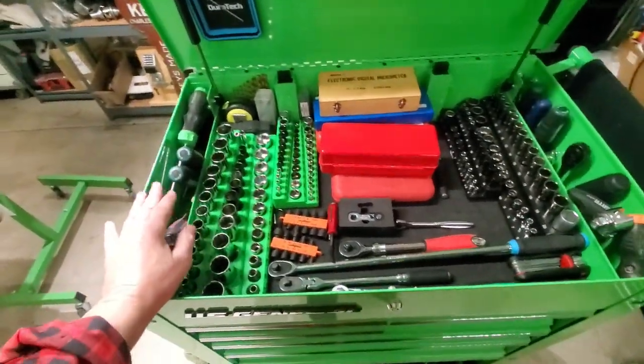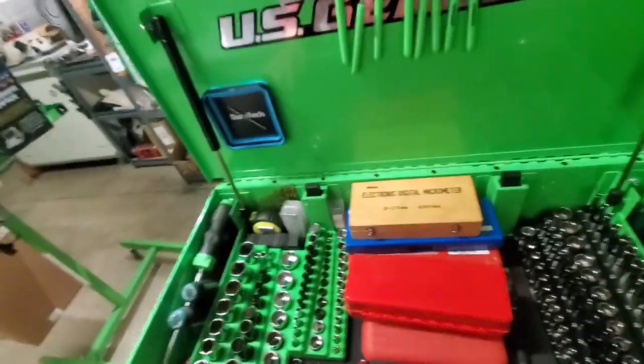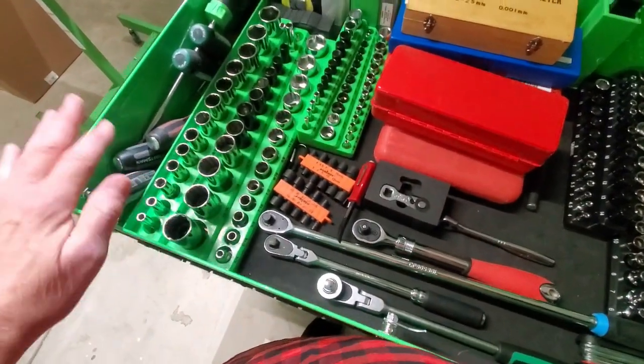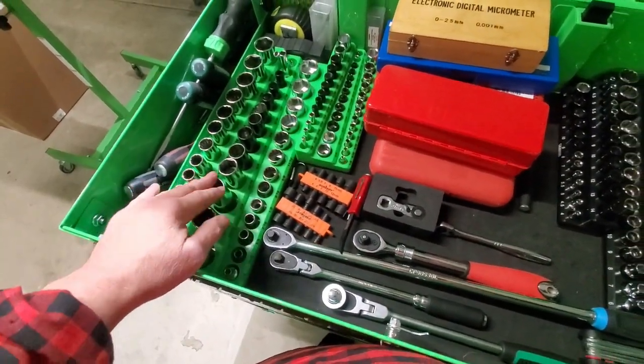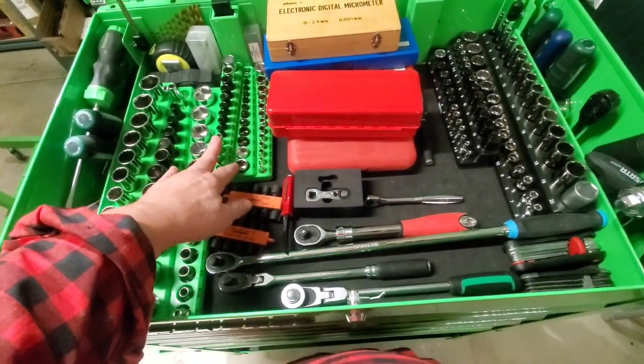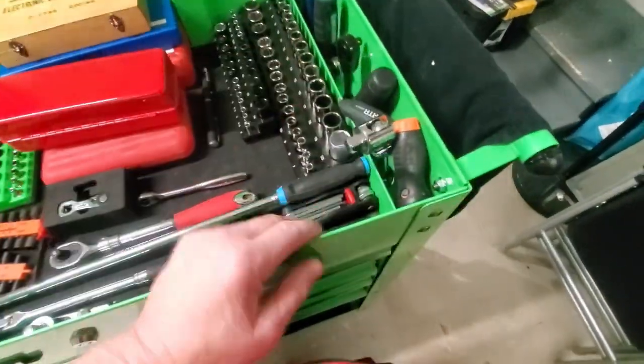We got screwdrivers, because you know I'm the big fan of screwdrivers. We got all the high-vis stuff. I like green, so I'm getting a lot of stuff in green. These are all the deep sockets, 12 points, 6 points. Smaller size, 1/4 inch drive, 3/8, 1/2 inch. Same as the metric system over here. Pry bars,